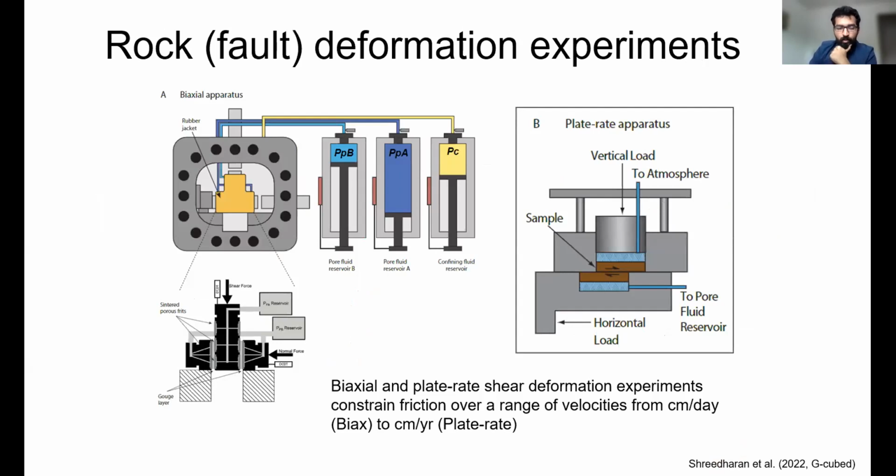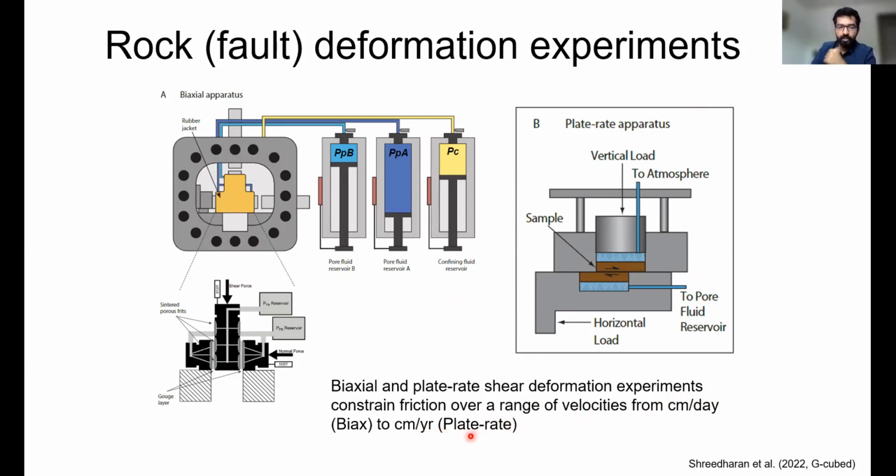Okay, so I moved to a somewhat different configuration here from what we discussed, and we conduct friction experiments on a couple of different apparatuses so that we can probe the full range of slip rates, from plate rate, which is 10 to the minus 9 meters per second, to faster than slow slip rates, which is about 1 millimeter per second. So the apparatus on the left, which is the biaxial deformation rig at Penn State, takes care of slip rates that are relatively faster, around centimeters per day. And the apparatus on the right takes care of very, very ultra slow slip rates, which is centimeters per year,